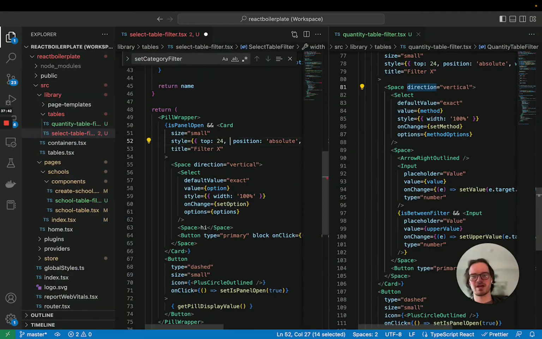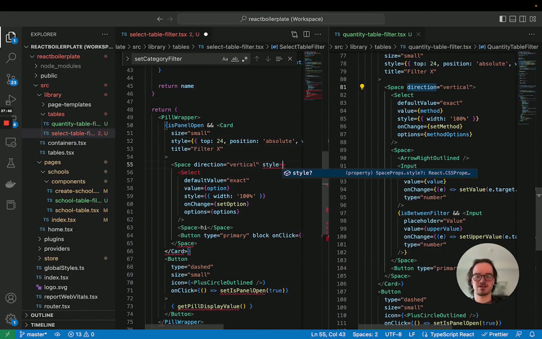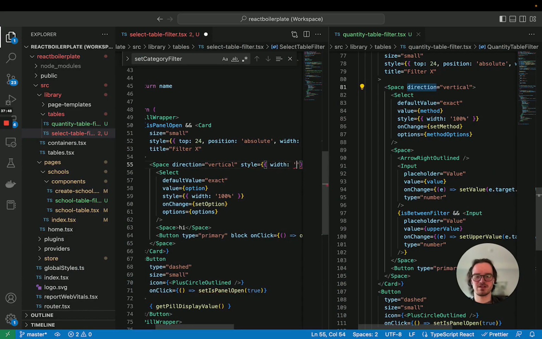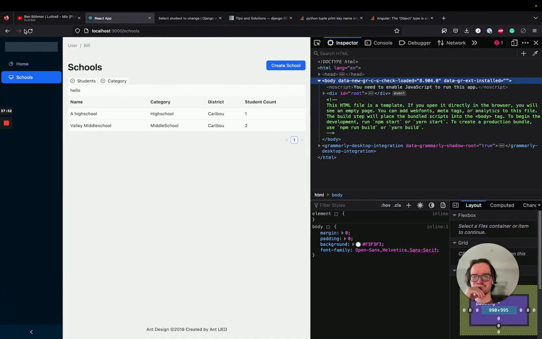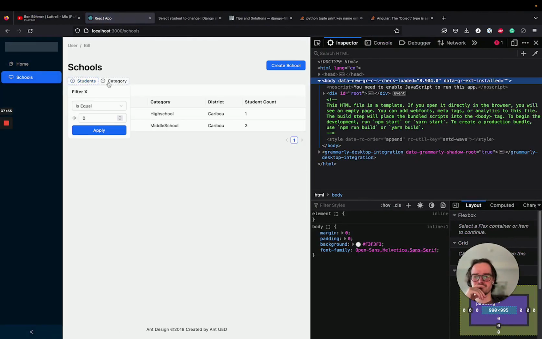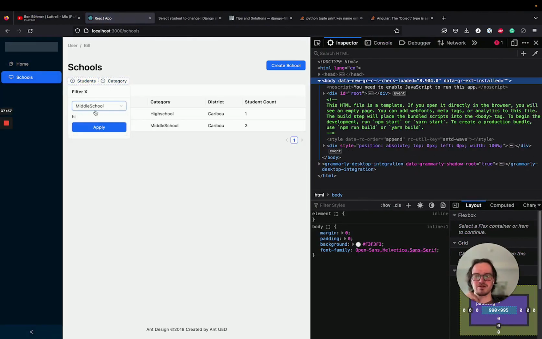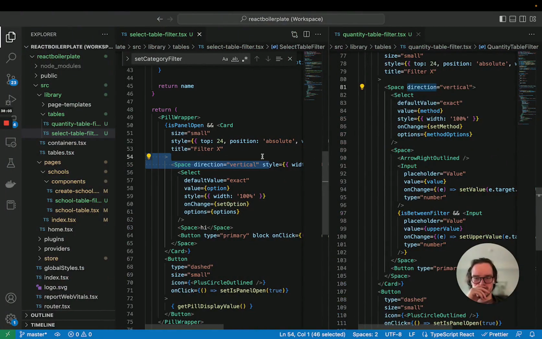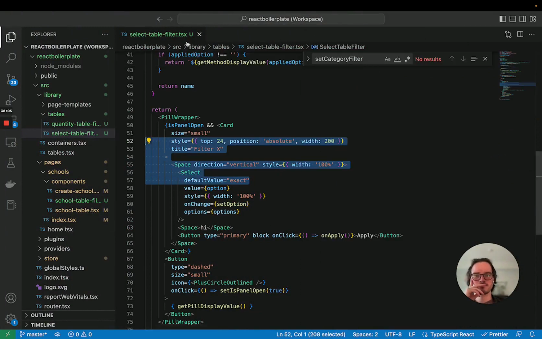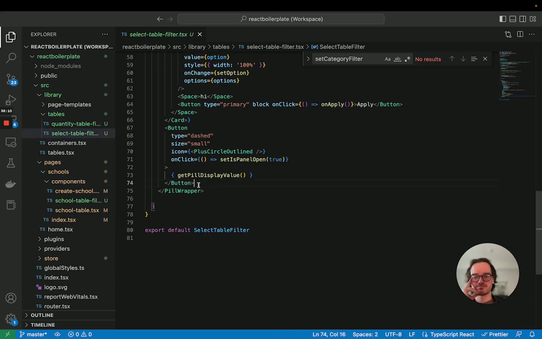Oh no, the panel has to have a fixed width, but if we do style width 100% here, is that what's causing it? Apparently. Okay. That's bizarre. So fix the width. Now on all of these,